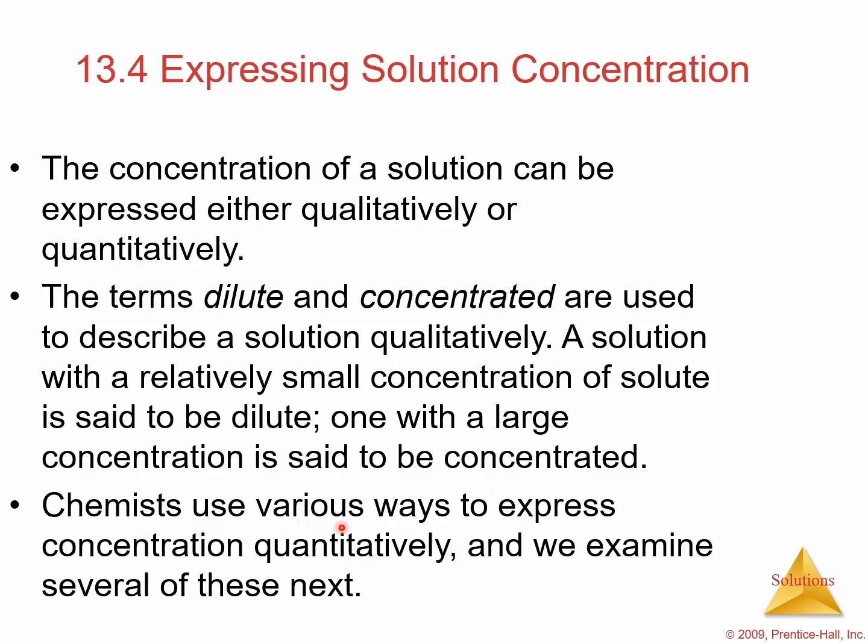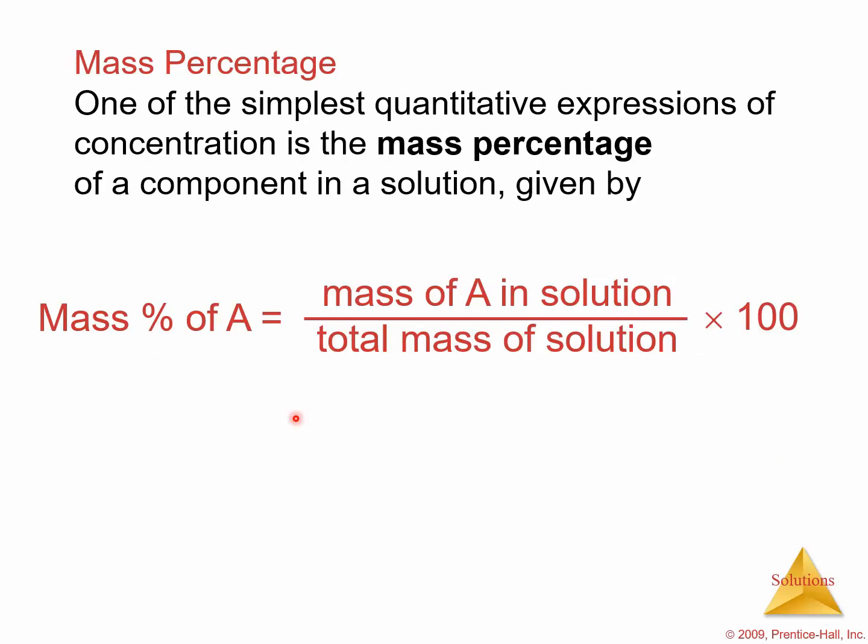Now, chemists use various ways to express concentration quantitatively, and we examine several of these next. Mass percentage. One of the simplest quantitative expressions of concentration is the mass percentage of a component in a solution